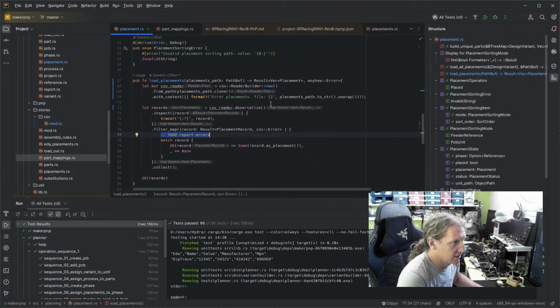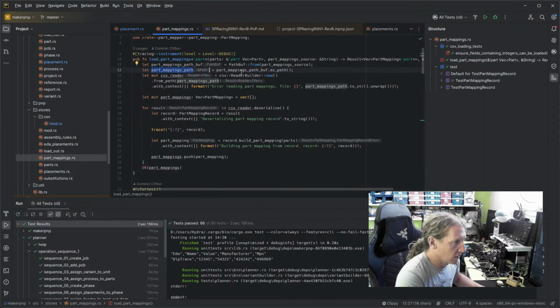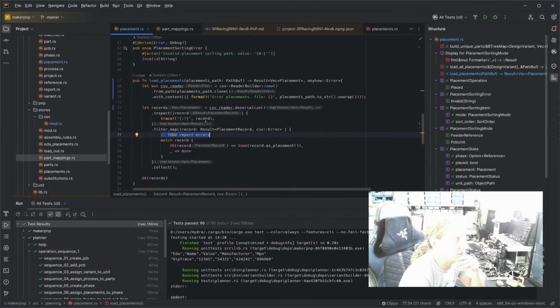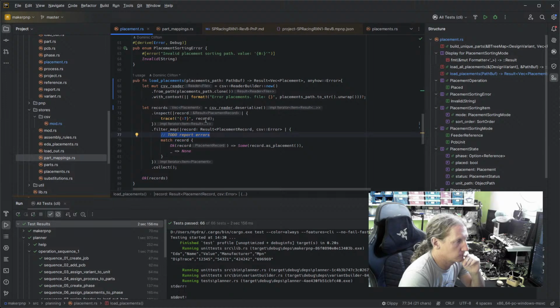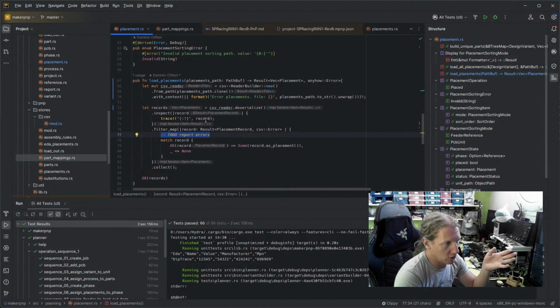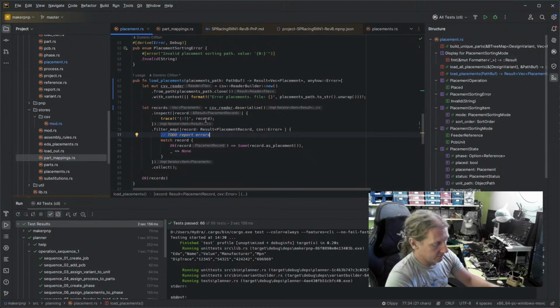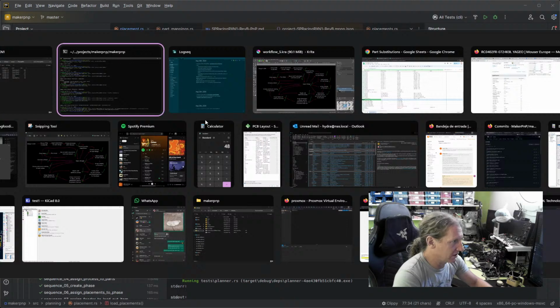Well, this is a bit different from what we had the other day. Let's have a look. We fixed today's problem, but we still don't have the report errors done. This one works differently to the other ones. It doesn't have that bail thing, and we're not using the question mark operator and all this kind of stuff. So it needs a bit more thought behind it. I'm going to leave that for another day. So we shall continue